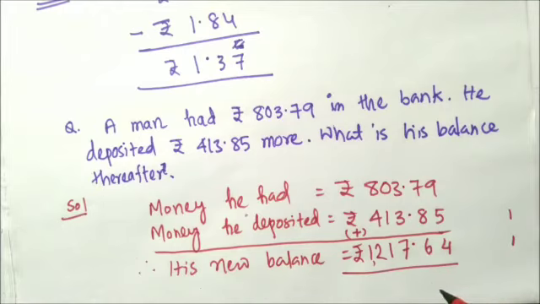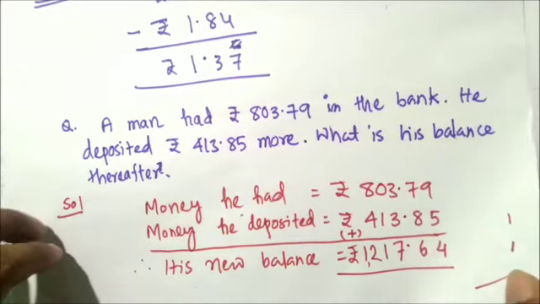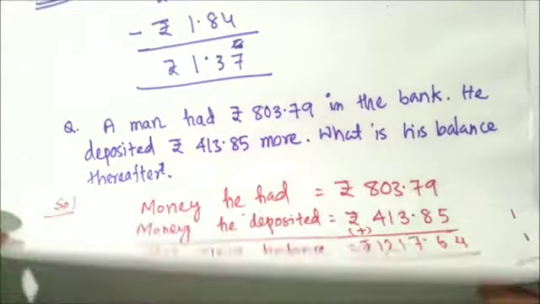Actually there is a mistake, because after the point you cannot read the number directly. You need to read the number separately. 1217.64, in that way you need to read. But we can say one thing, his new balance is rupees 1217 and 64 paisa, right? This way we can say. So I hope these things are clear now. So you perform some maths from your exercise, from your book. Here I would like to give you a question as homework.